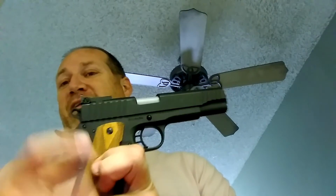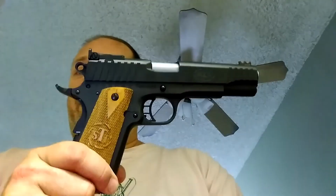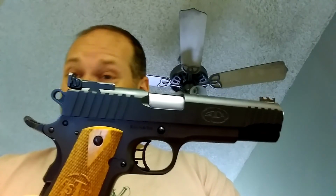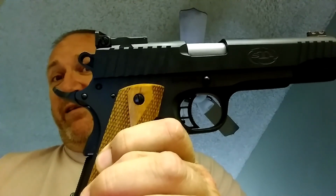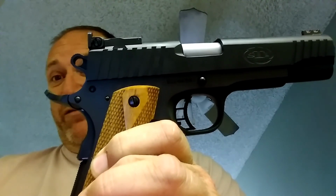Okay, I might even get Cocobolo or Rosewood instead of these grips. I like as blacked out a gun as possible. I don't want my presence of weaponry known until it is over. And when you see this pulled out, if you see it coming, it's going to be intimidating. If you don't see it, you're never going to see it because it's black. There's no two-tone except for the fact that I have these handles. And like I said, I'll probably get different handles. Everything on that weapon is